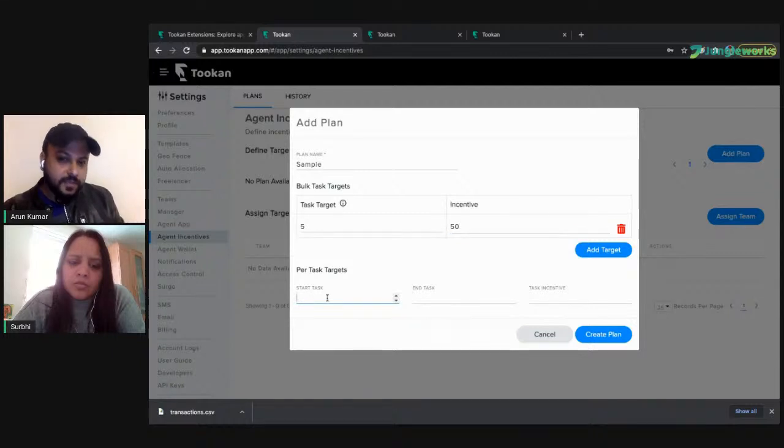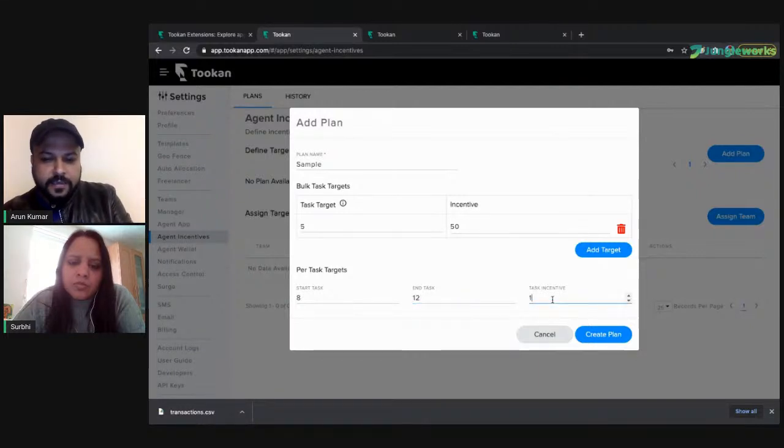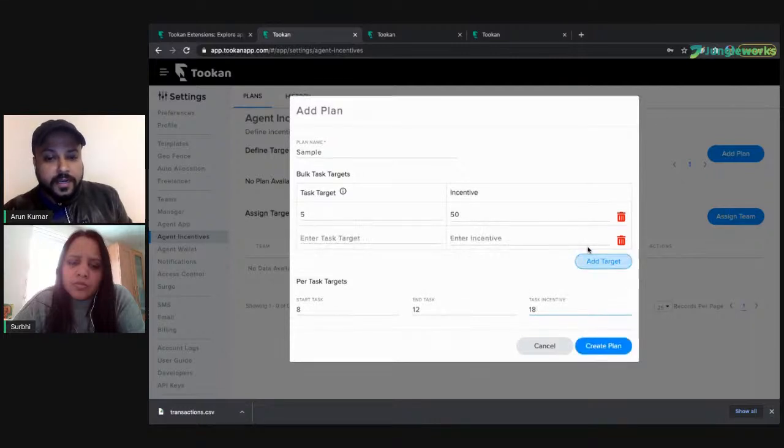Also, after achieving the incentive, I do not want my agent or my driver to go cold. I would still want to keep more incentive based targets for him. So let's say after task 5, task 8 starting and ending at task 12, I'll give an incentive of, let's say, $18 per task, and I'll just create a plan here. So also I can add different targets. For example, let's say achieving 7 gives me an incentive of 20. So here, if I hit create plan,